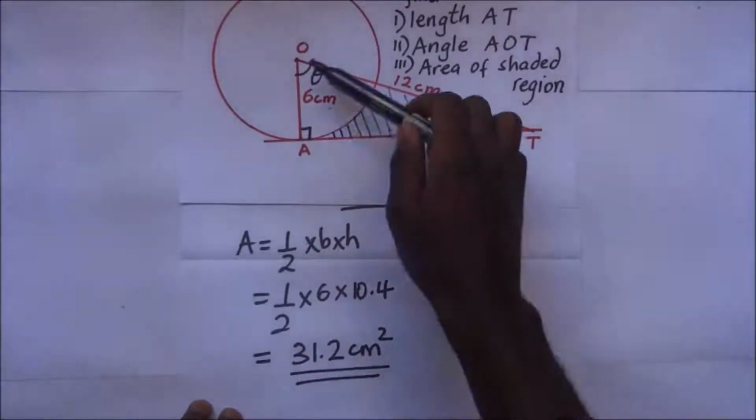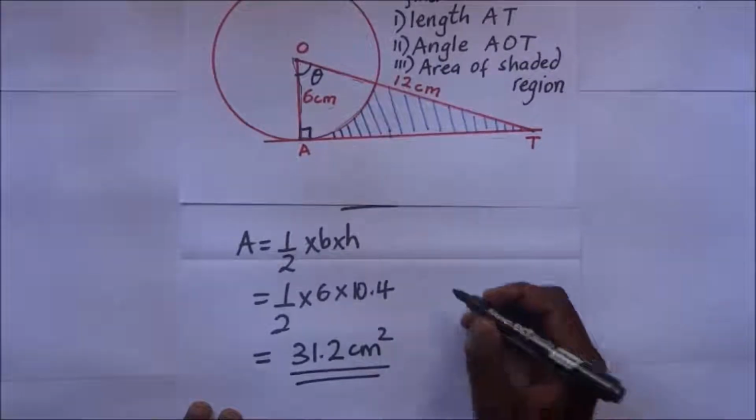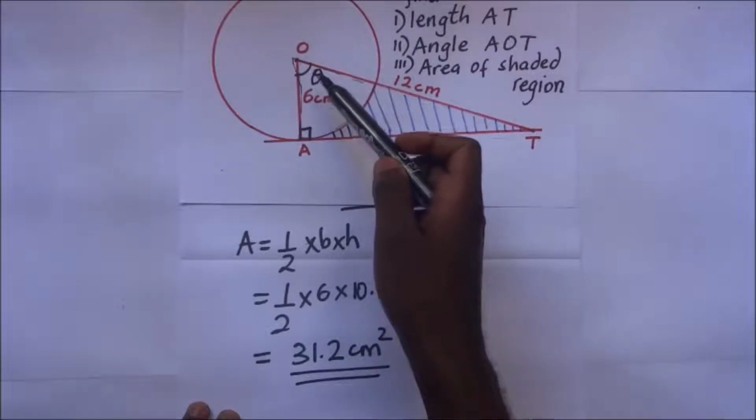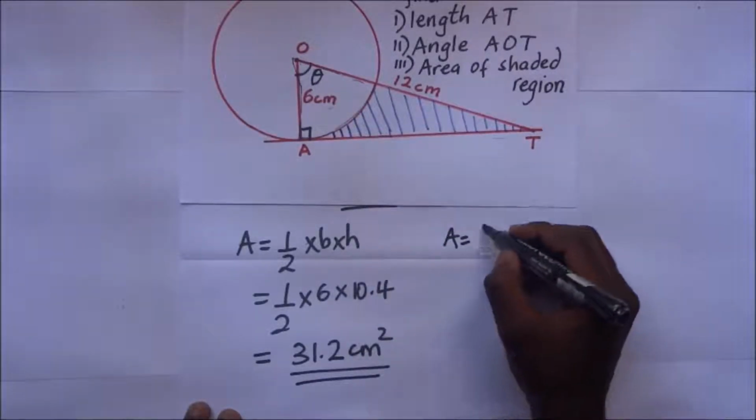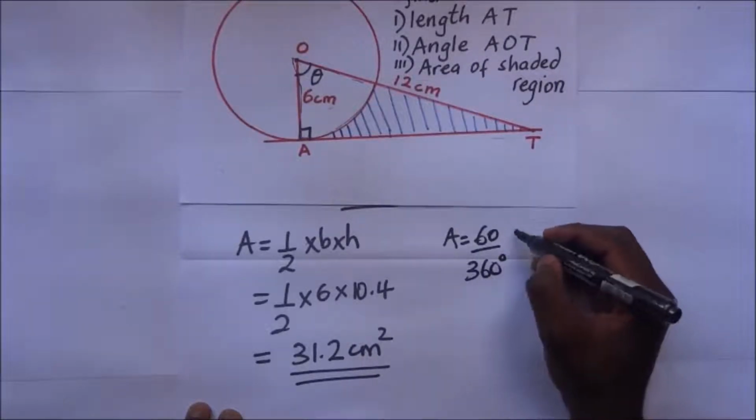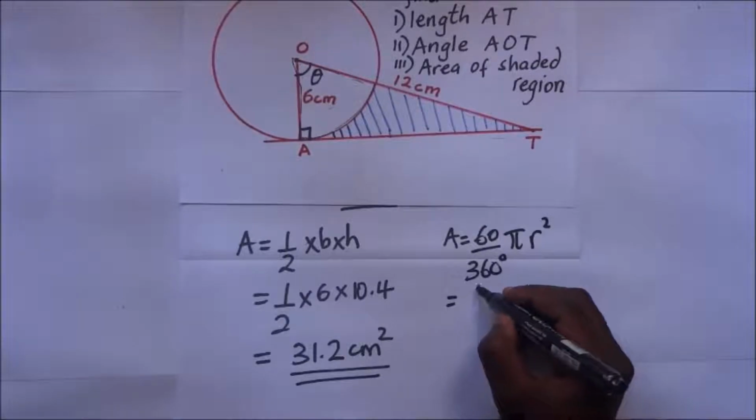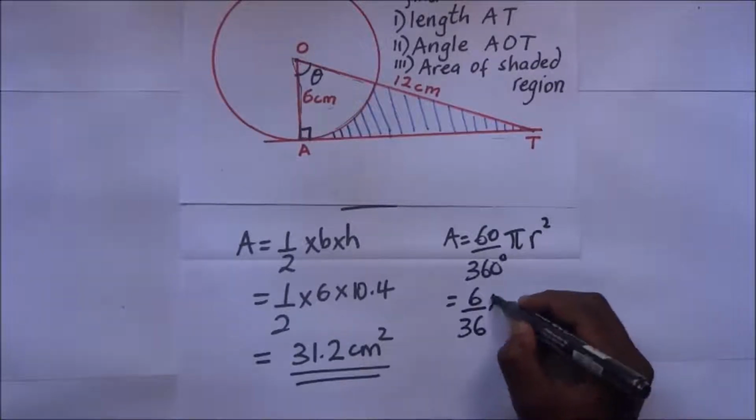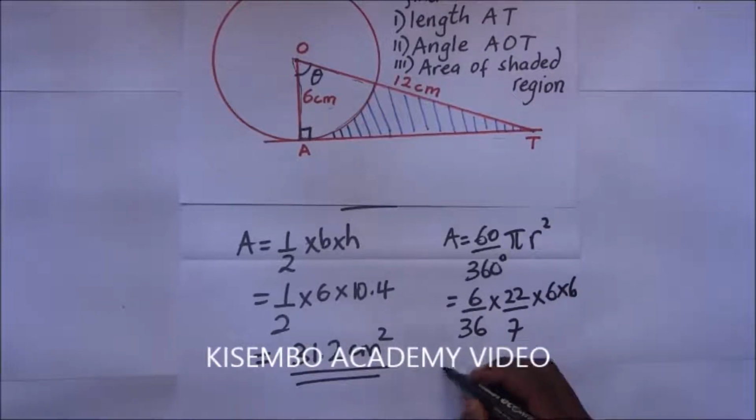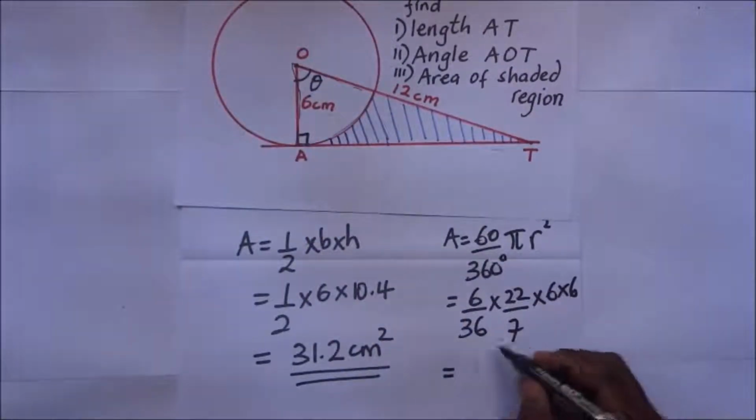Now we find the area of this sector, the unshaded part. So the area of this sector is going to be, now this value of theta we got, remember, we got this value of theta as 60 degrees. So the area is going to be 60 over 360 degrees times the area of the circle, which is pi r squared. So that's going to be 6 over 36 times 22 over 7 times the radius, which is 6 times 6, r squared. So we find that the area of this sector is going to be 18.85